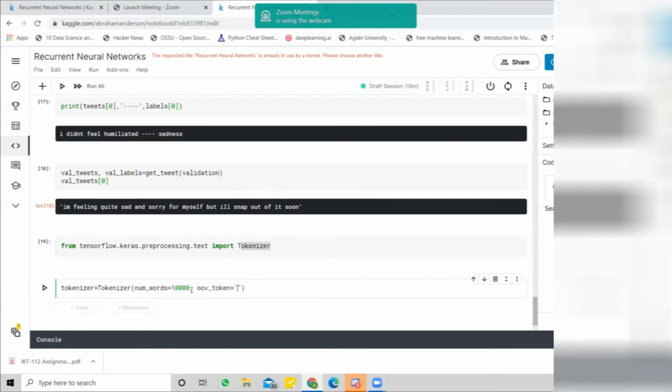This one is for unknown words, right? If this tokenizer object cannot find the word in its pre-designed library and cannot transform it into a number, it will assign the unknown variable name, so it will label it as unknown.